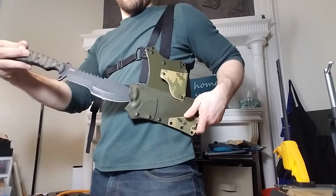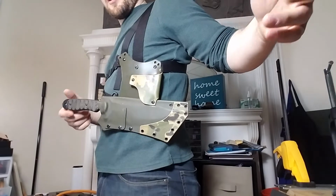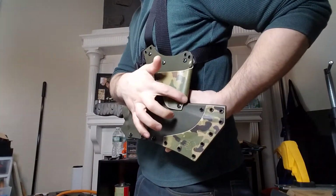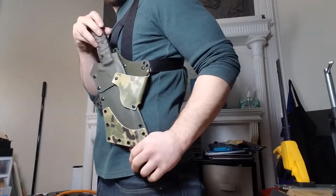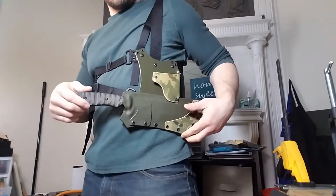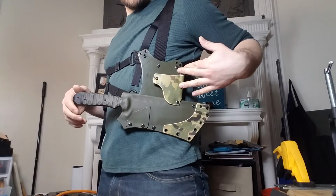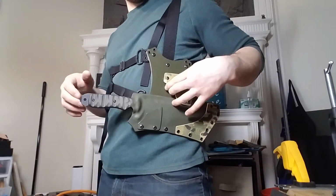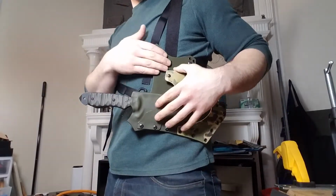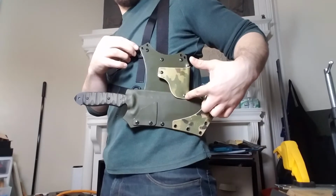You get a really smooth draw, good click going in. And so obviously you have it down here on this pivot. You can see that I've carved out this little U shape here to allow for when the knife tilts. It lets the spine of the knife go up and stops at around a 90-degree angle, thereabouts. This whole plate piece is one piece. Well, actually it's two layers, but it's a one-piece plate. And this has all the hookups for your carry harness, as well as the pivot point right here,